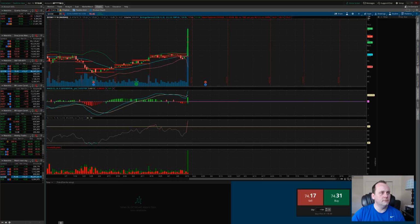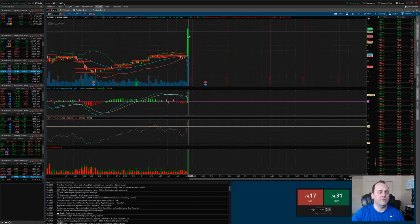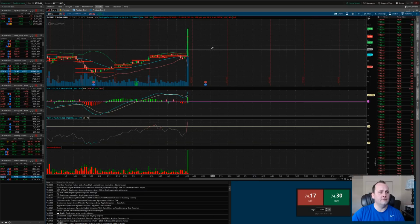The next one, ticker QCOM. So obviously Qualcomm had outstanding news today, and this is just a phenomenal green candlestick. I mean, there's nothing else to say about it. You can see it went up 23% today, but